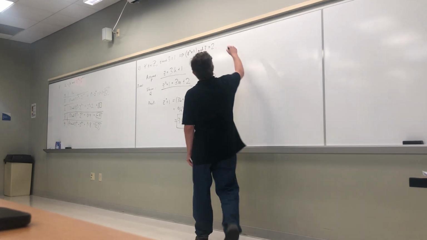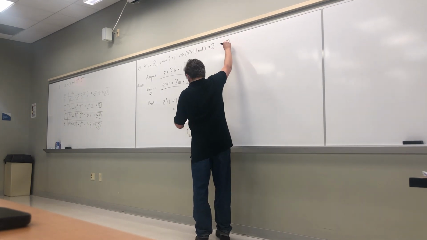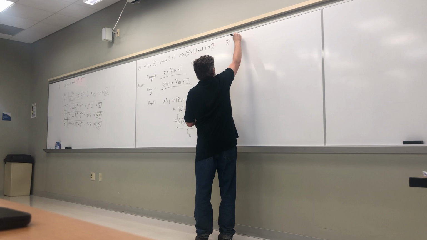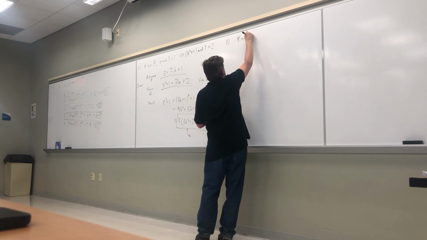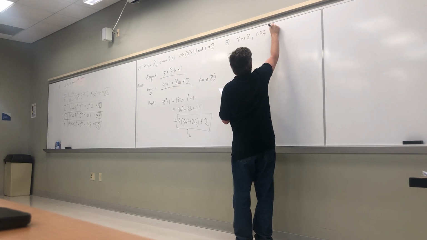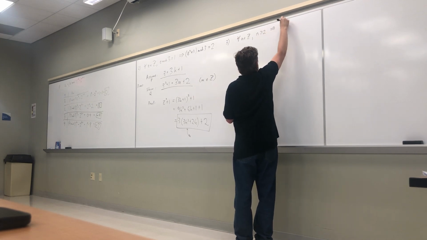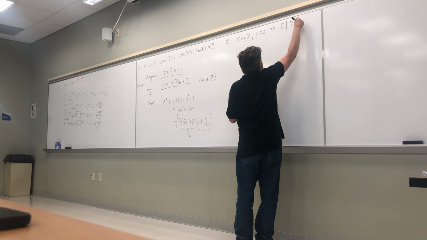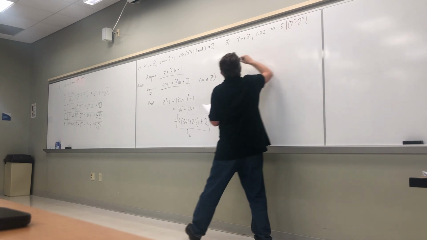So for number 3, it was the induction one. So put true for all n in Z, n greater than or equal to 2 implies 5 divides 7 to the n minus 2 to the n. So for the base case,